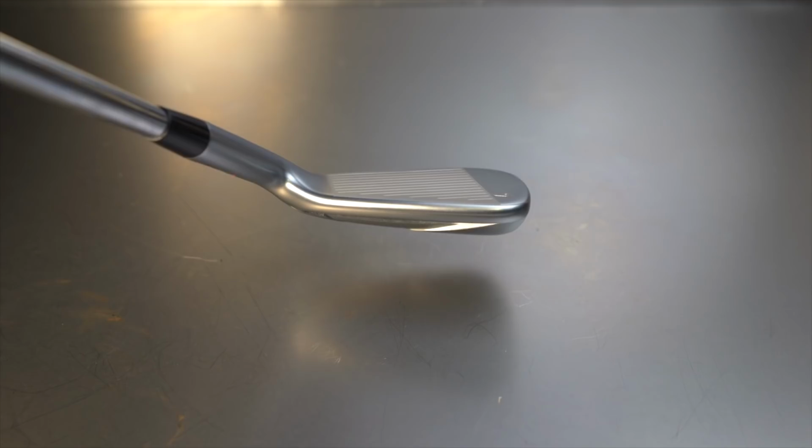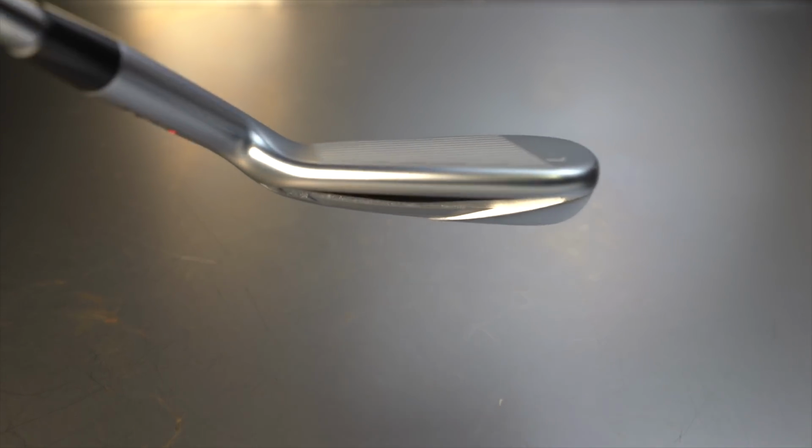I just think sometimes as well, Ping with their irons are just not jazzy enough, and maybe don't shout enough to compete against the other bigger shouters. Performance-wise, as good as anything. Right,